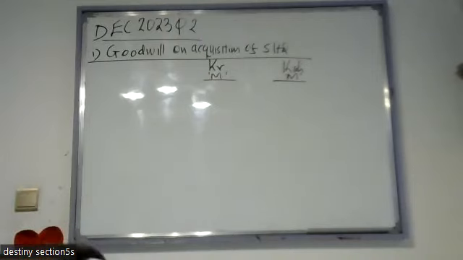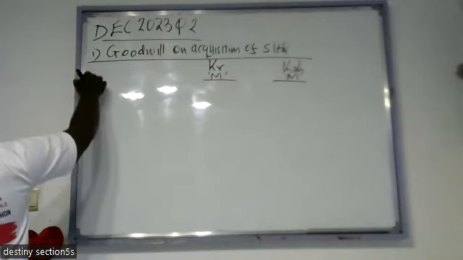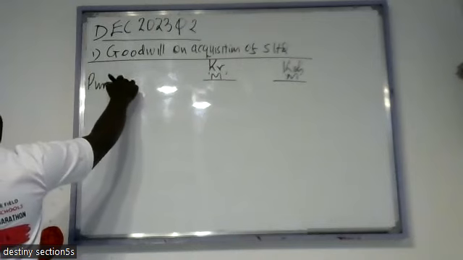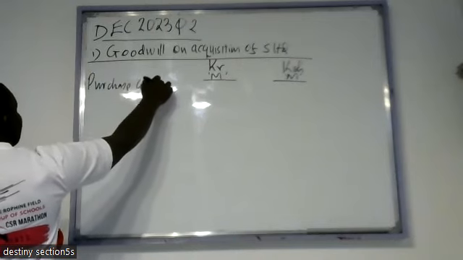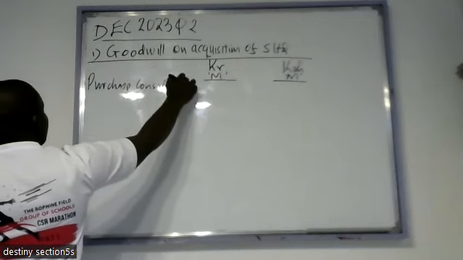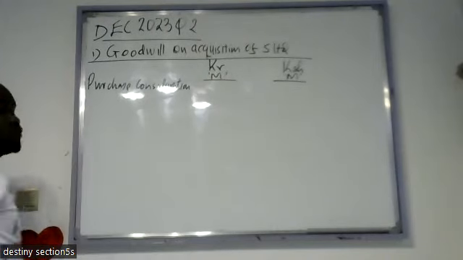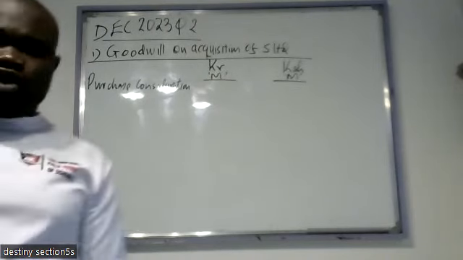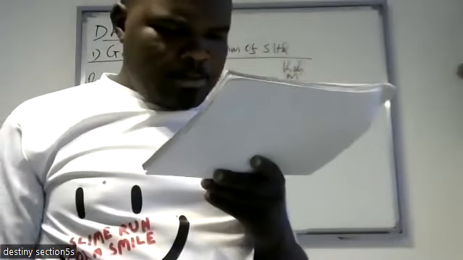So we start with purchase consideration. Purchase consideration, check, we were given somewhere there. We were given in note number